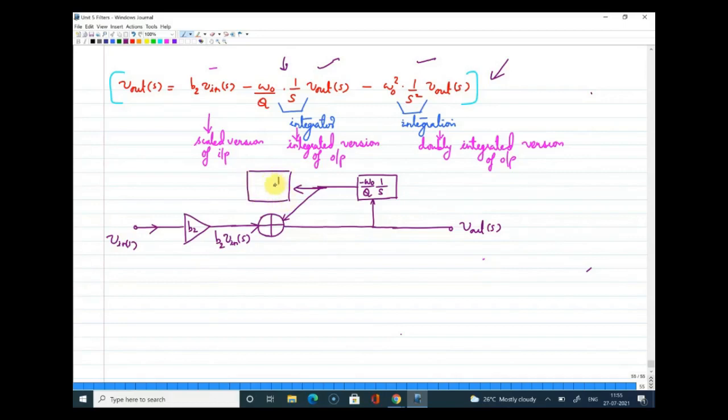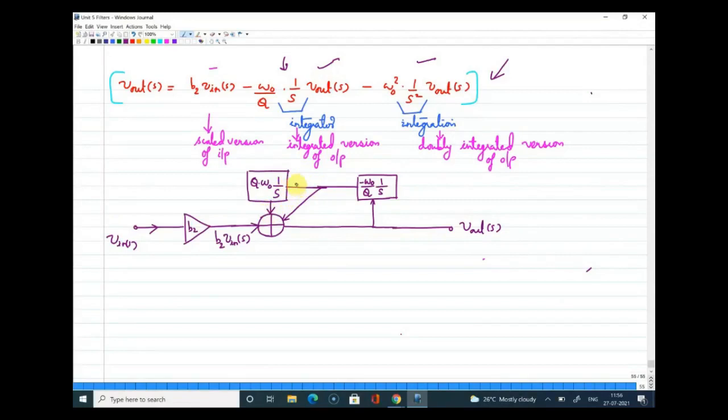So one more integrator is 1 by s. So I'll get a 1 by s square term. But what should be the coefficient of the 1 by s square term? It is only omega naught square. Now I have an omega naught here and q by q is an extra term, so that should be eliminated here. That means I should do something called q into omega naught here, and this will be added to this summer. Is this clear? Is this setup, or the signal flow graph, clear?